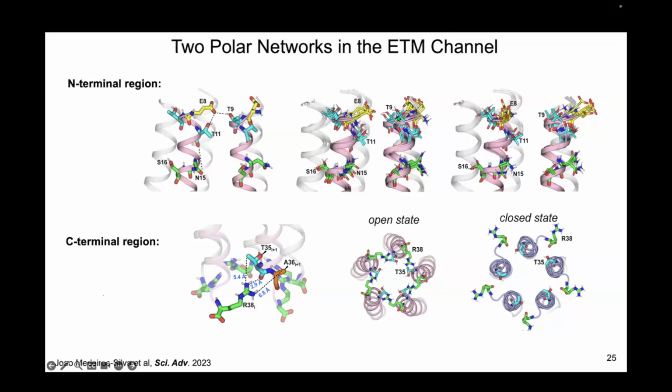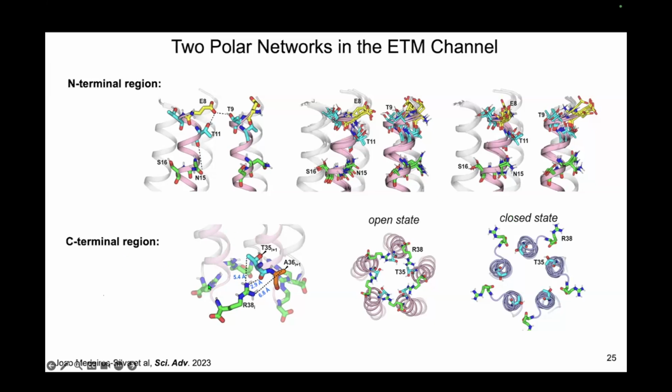In one, it reaches out to the next helix's threonine to form a potential hydrogen bond that may be useful for chelating calcium. And in a second set of conformations, this glutamic acid points its carboxyl group to the N-terminal or the surface water, and this could be useful for recruiting protons